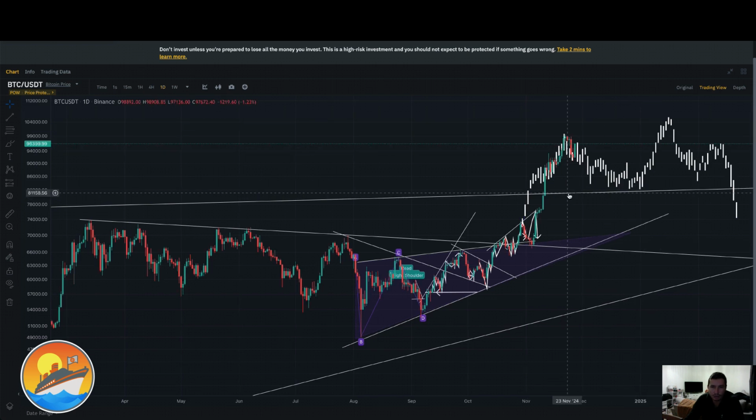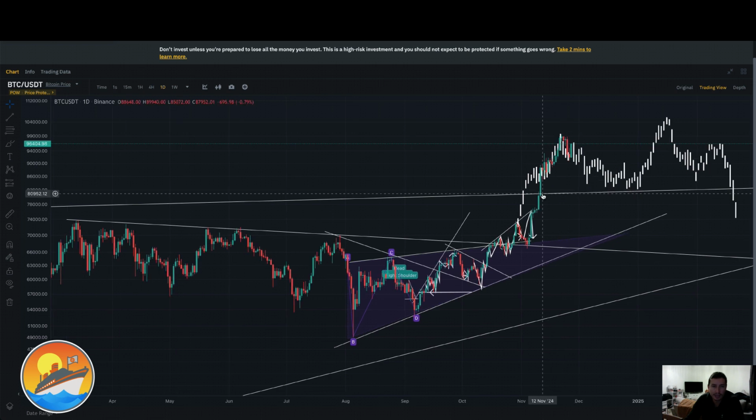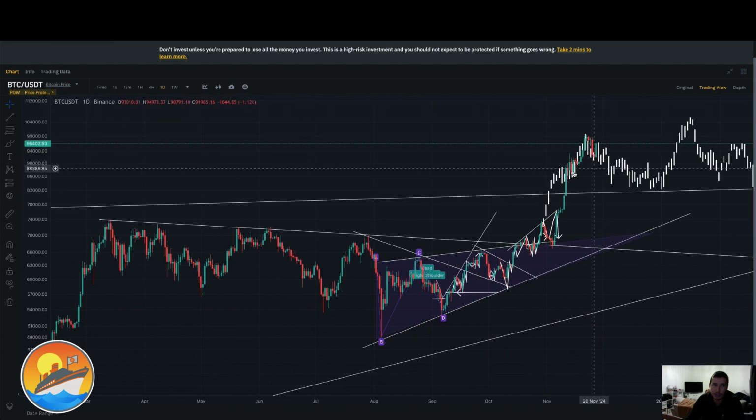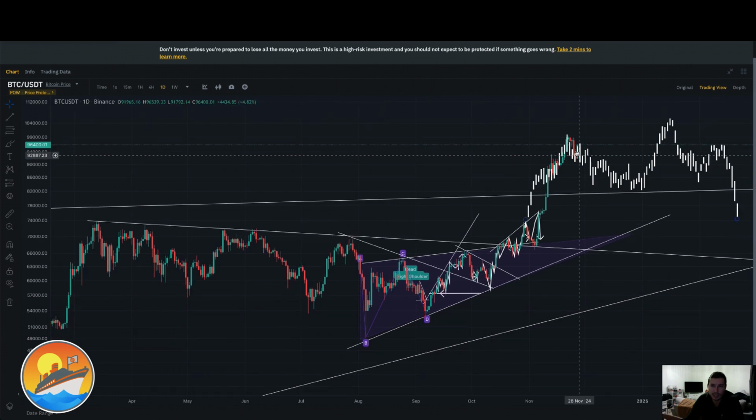I mean, we never actually tested this previous yearly resistance line. It was tested twice as resistance in 2021, in April at price of around 64,000, its previous all-time high, and then again in November of 2021 at price of around 69,000. We had another test this year in March, and we broke down again, and this month in November we actually snapped out of it. We broke on the upside, but we never had that test. So potentially, this is just my personal opinion, sooner than later we'll come and test these prices around between 82